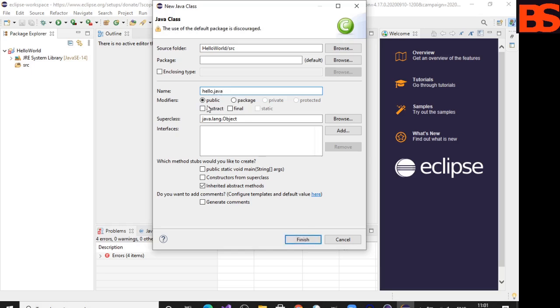Select modifier as public. So I want to create the public static void main method inside the class. So I'll check this option also. Then click on finish.